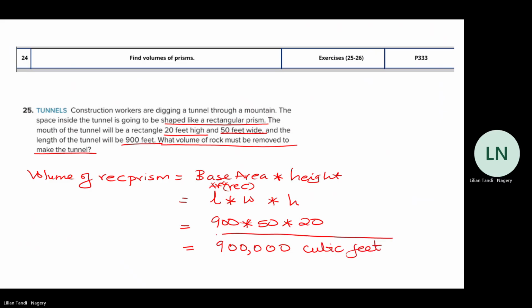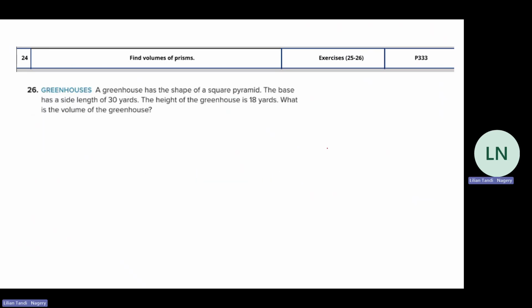And this is your answer. The greenhouse is the shape of a square pyramid. And the base side length is 30 and the height of the pyramid is 18. What is the volume? So you start volume